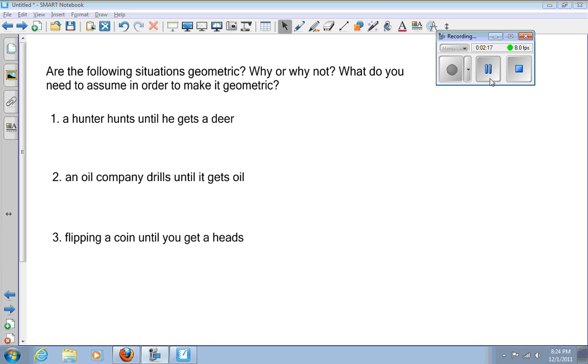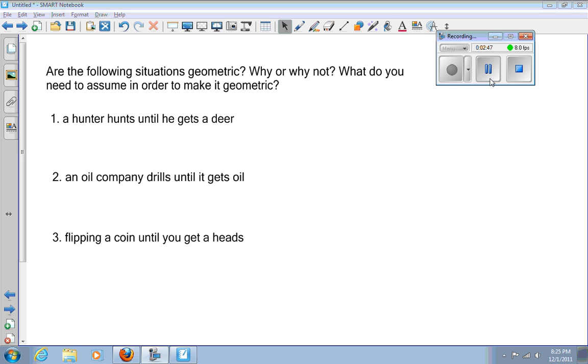Don't need a fixed number of observations. We need to do it until we get the success. But what is an observation? That's what I need to worry about. It would need to be, say, a day. The probability of success, is that the same each day? I don't know. Are the days independent? I don't know. If I assume the days are independent, the probability of success stayed the same, in other words, the other deer weren't getting killed throughout the season, then perhaps it would be geometric. And I hunt until we get that first success.